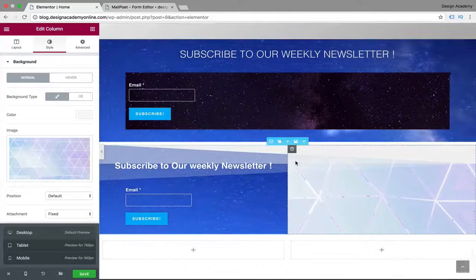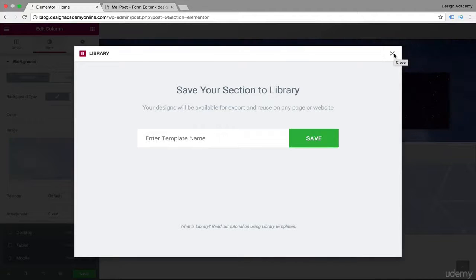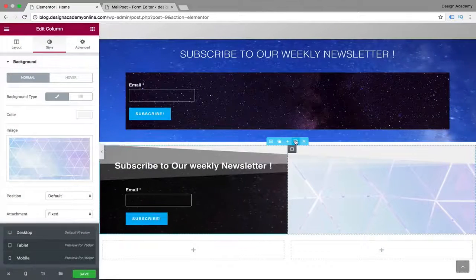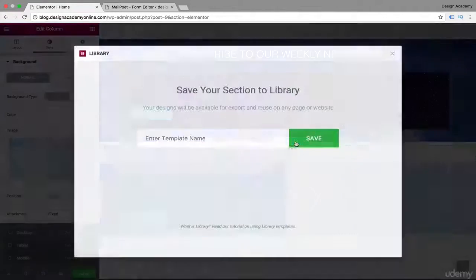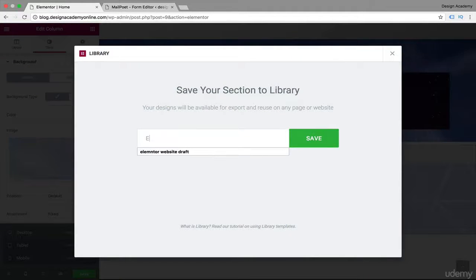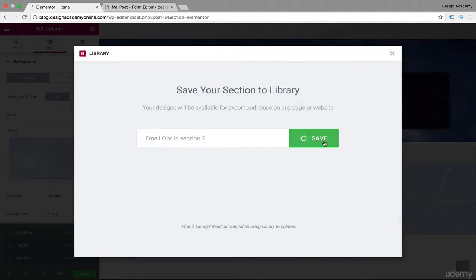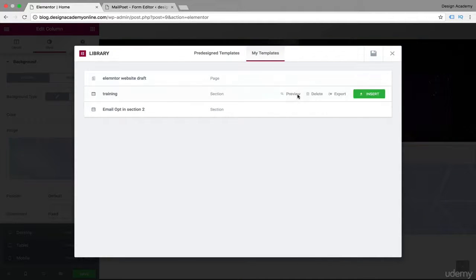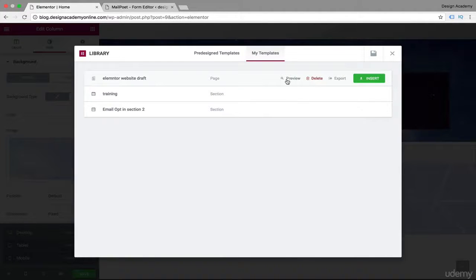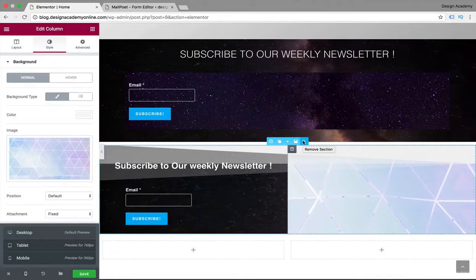So now I'm going to save that section actually. And this is one of the amazing features of the Elementor page builder, that you can save any section and reuse it where you would like later. So we can save the section from here and call it email opt in section 2. Then we're going to save that one, and then it's going to be saved, and you have all your templates in here. You can insert it anytime you would like, or even export it or delete or preview. We got that section. Now I'm going to remove it from our website,